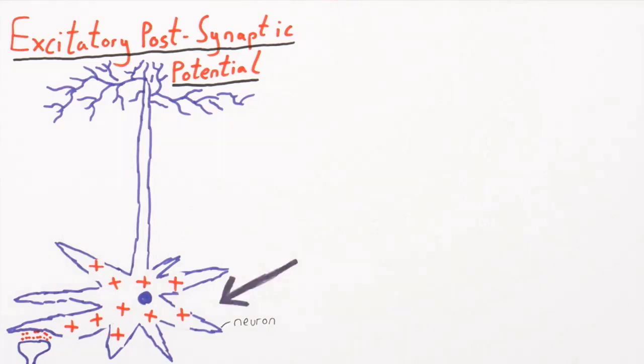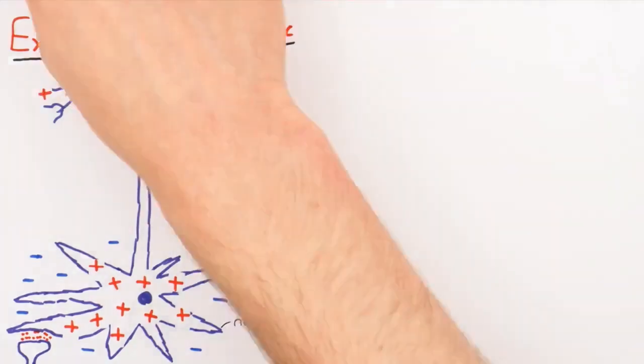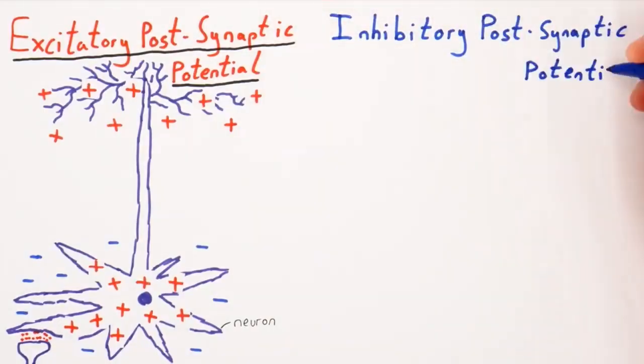This makes this area, the extracellular space outside the neuron, relatively more negative. Because this area is now more negative, the distant extracellular space at the other end of the neuron becomes relatively more positive. This means we have two different charges separated by a distance. We have a dipole, but it's also possible to have a dipole the other way round from an inhibitory postsynaptic